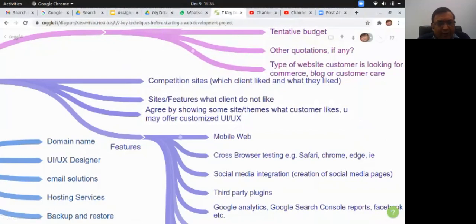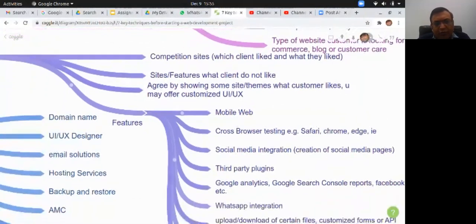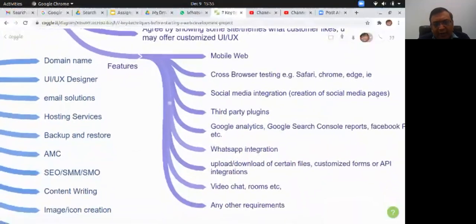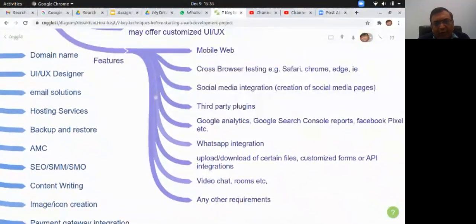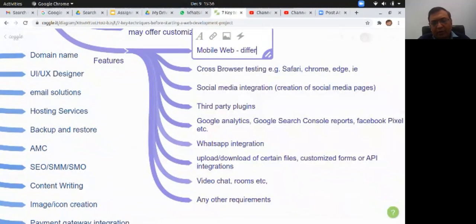And then you can look at features. Most of these are common features which everybody would like to see. However, you need to understand the cost implications of the same and you need to inform them accordingly. So mobile web is a key feature which everybody would like to see, but what they are looking for in the mobile, is it a different view than desktop? Do you need separate features